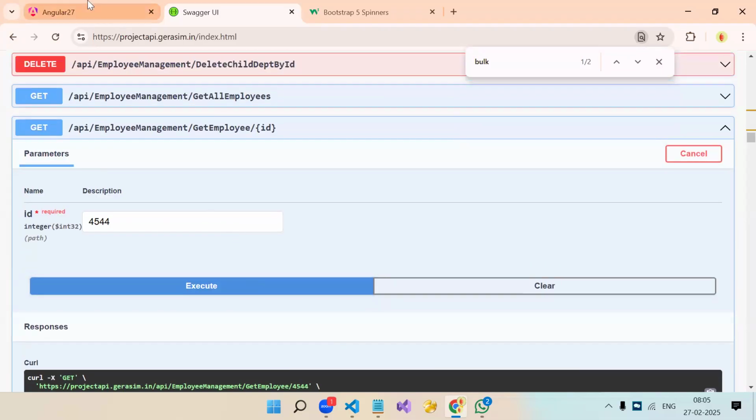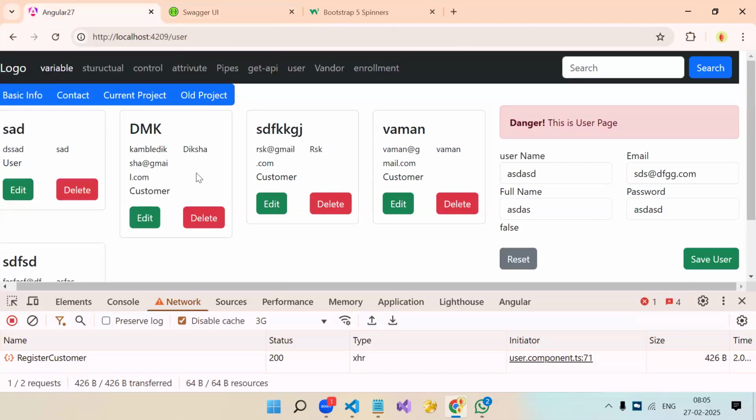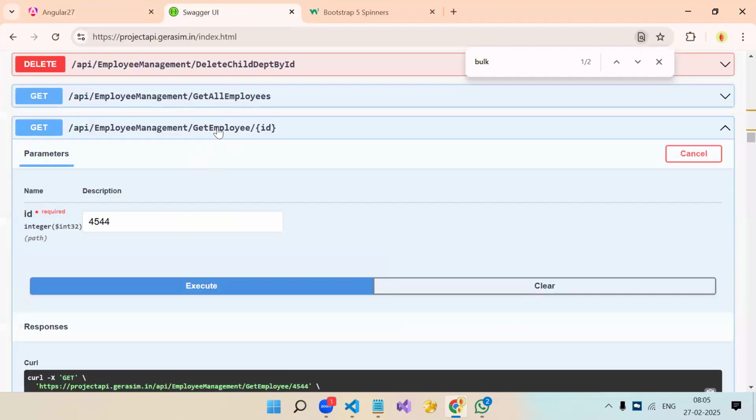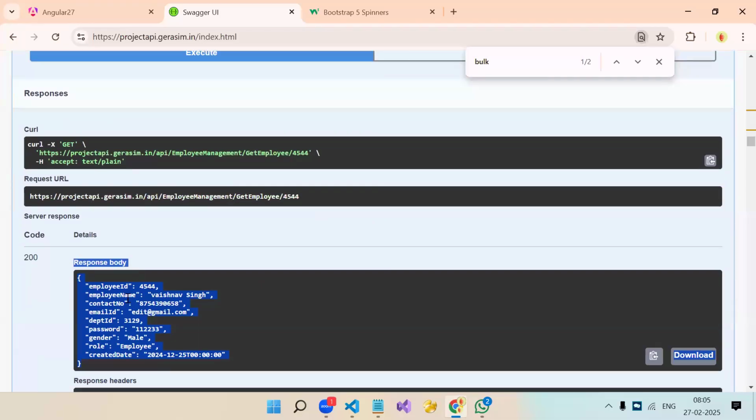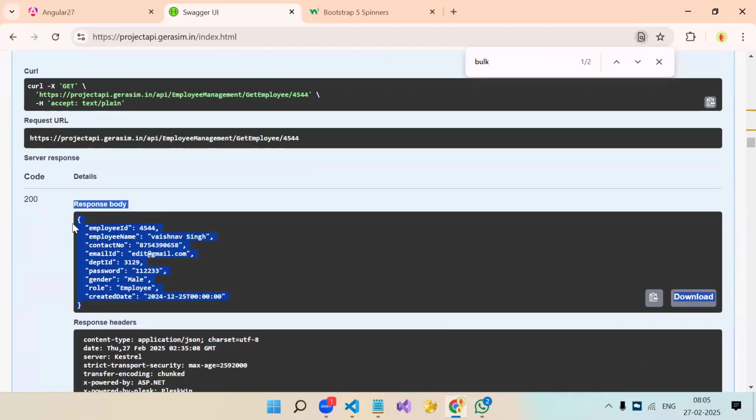Because for edit, sometimes in the get API, if we are getting all the data and in the same component you have the form, then on click of edit, you don't need to make an API call. We directly get that object from the item, right? But let's say in your get API, you are not getting the whole response. So on click of edit, you will call another API, which will have a parameter of ID, and whatever primary key you pass, you will get the whole response. This is also one of the API call scenarios. Understood?